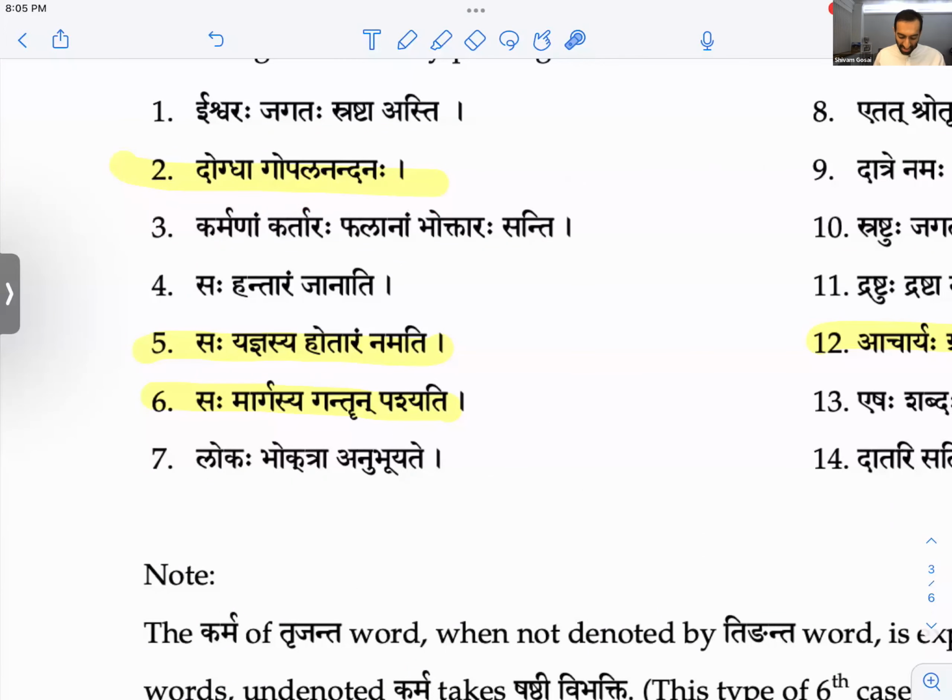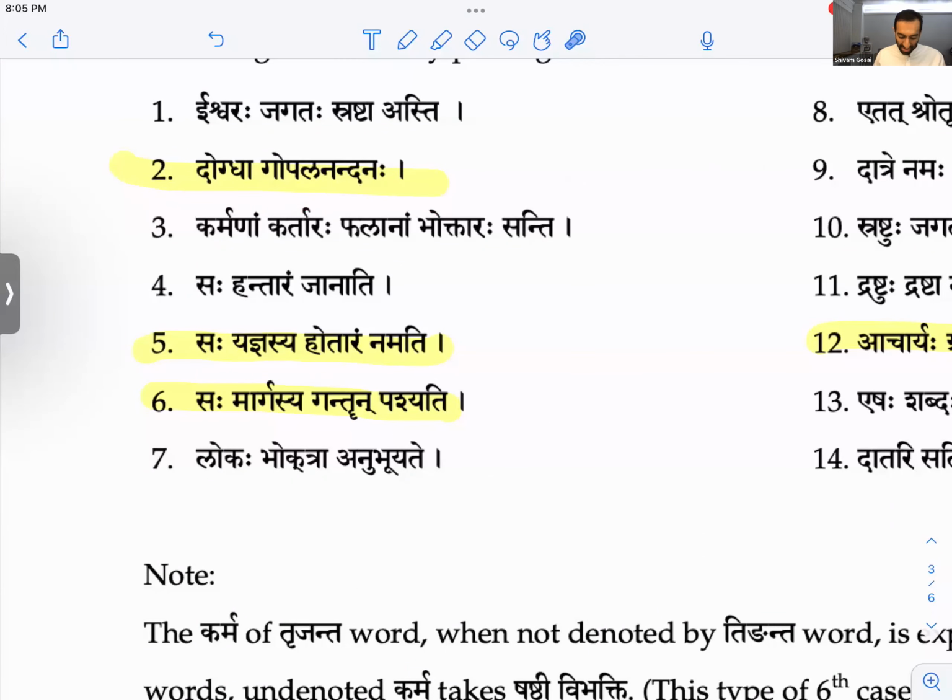Duh gets guna and it becomes doh. And then because of a funny sandhi rule that we haven't learned, it becomes dog. And then the hakara becomes jakara, and the takara becomes dha, so it becomes dogda.